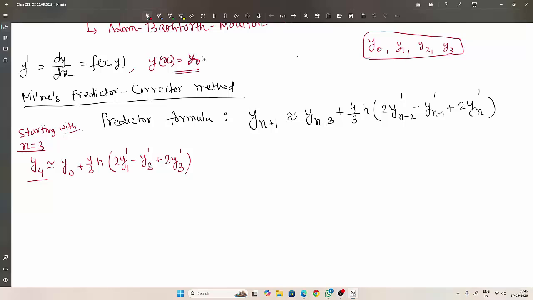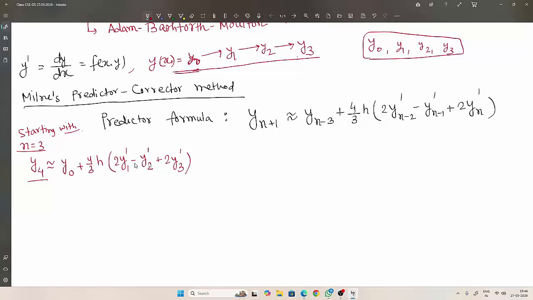Now using RK, by using y0 you can find y1. Then by using y1 you can find what? y2. Then using y2 you can find y3. Now you are able to apply the Milne's predictor corrector method, not before that. So by using the single-step method, you have already found y0, y1, y2 and y3. Now just use it